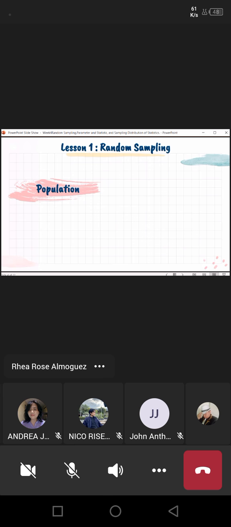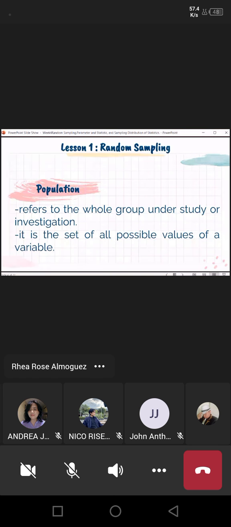So, ano ba yung kapag sinabi nating population? It refers to the whole group under study or investigation, or it is a set of all possible values of a variable. So, we are referring to kabuuan, to the whole group, kabuuang population. Pero it doesn't mean that if we're talking about population, we are referring lang sa people. Pwede yan kahit anong study in research, either object, elements, or whatsoever na study mo. Basta yung kabuuan nun is what we call